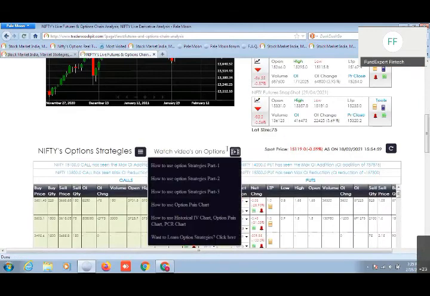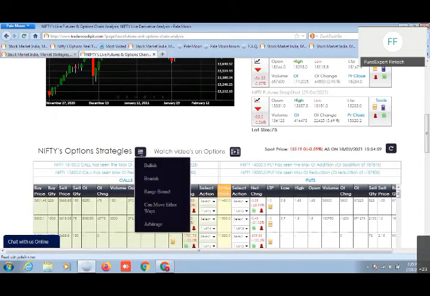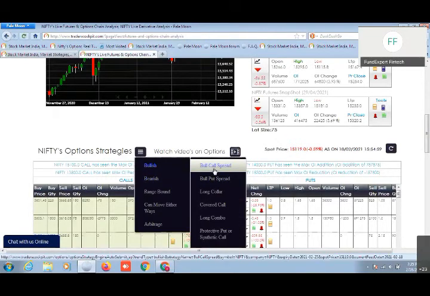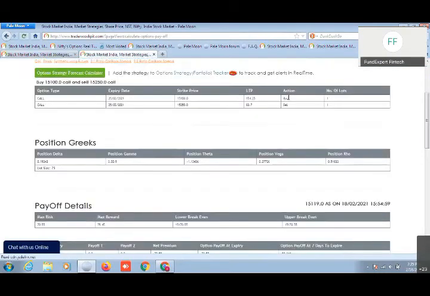Similarly, if you see that the market is bullish and we want to create a bullish setup, wherein we do a bull call spread or a bull put spread. Suppose, for example, we do a bull call spread. In a bull call spread, we buy a call option, normally an in the money call option, and we sell an out of money call option. That is, the 15,250 call has been sold.